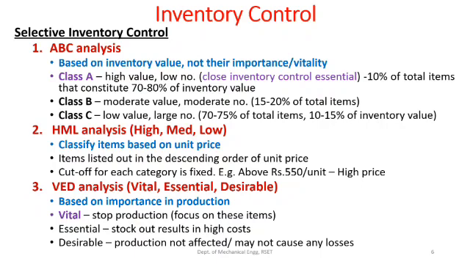So here the value of individual items is low, but they are kept in large numbers. 70 to 75% of the total items in quantity belong to class C, but they only contribute roughly 10 to 15% of the inventory value. Okay, so this is the classification, or the basis for ABC analysis, where items are classified based upon